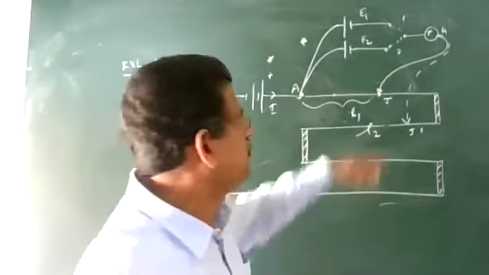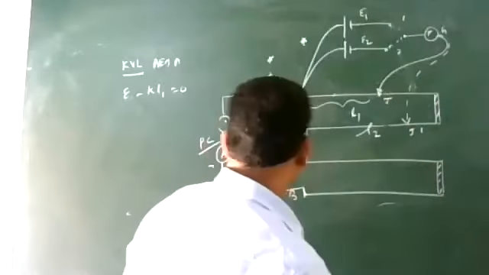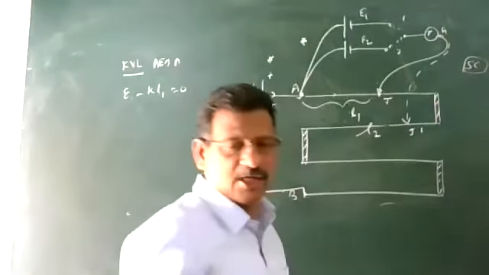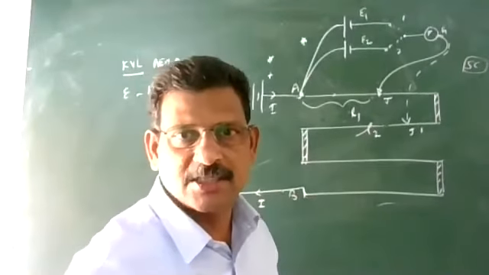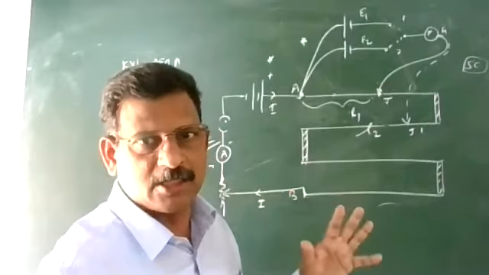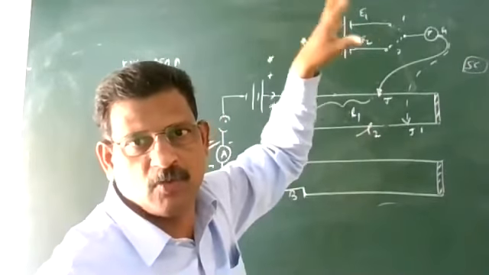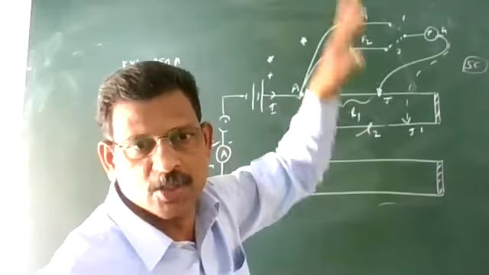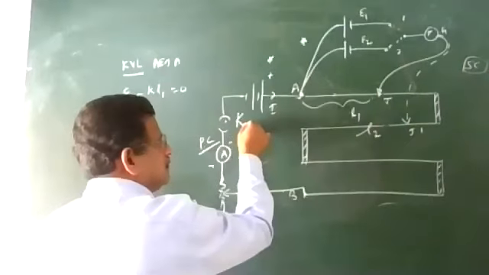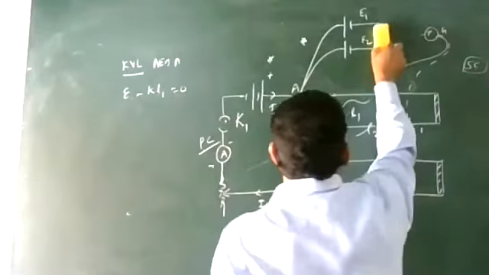And the circuit we employ here is generally called the secondary circuit, where the galvanometer is involved. This is CC, this is SC, where the galvanometer is for balancing. That circuit is called the secondary circuit. So you want to find out the internal resistance of a Daniell cell or Leclanche cell, which is to be connected in the secondary circuit. For that, a resistance box will be given. The key in the primary circuit I will write as K1, and one more key is used in the secondary.